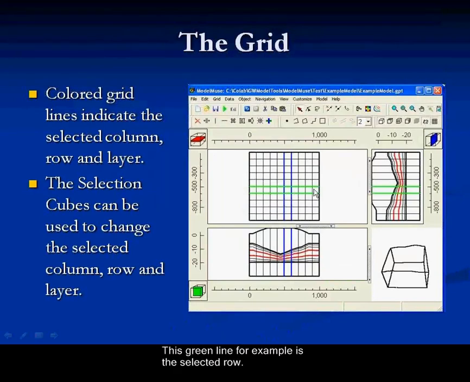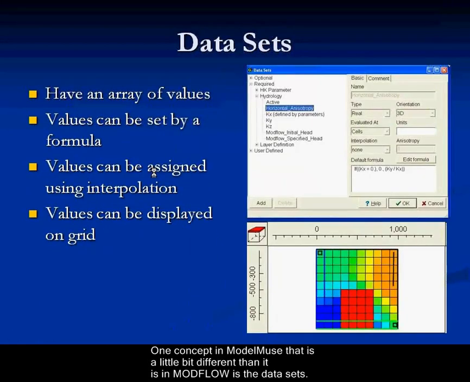This green line, for example, is a selected row, and here's this green square down here. That also shows a selected row. The red line, the red square, shows a selected layer, and that's shown in the front and side views. This is a selected column here, and there it is in that selection cube. If I wanted to go up a layer, I could just click. You could click there. If you wanted to go down,